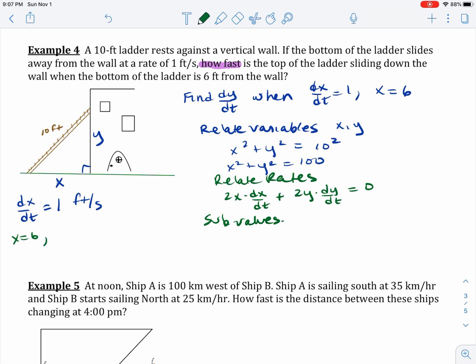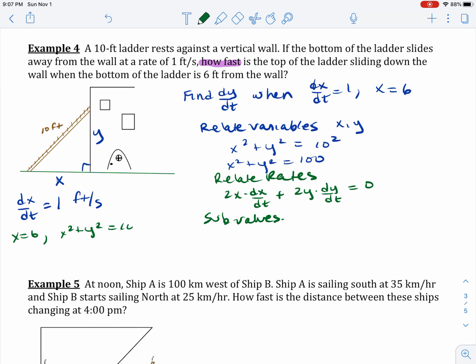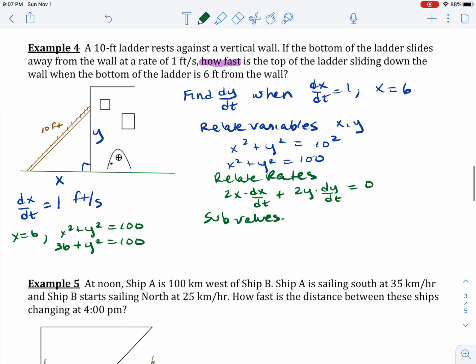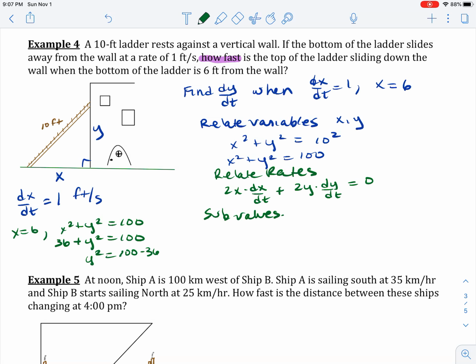And when we sub our values, we have x equal to 6. So what happens when x is equal to 6 and we have x squared plus y squared equal to 100? Then we would have 36 plus y squared equal to 100, and we would have y squared equal to 100 minus 36, which is 64, and so we would get y equal to 8. We kind of needed to go back to our original relation of our variables to get the other one, because we notice in our related rates equation that we need the value of y as well. So at that particular moment when x is equal to 6, what's the value of y, so that we still